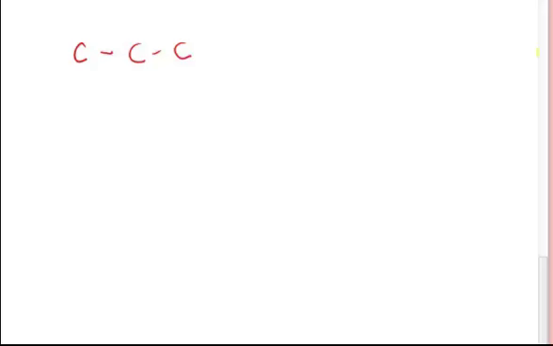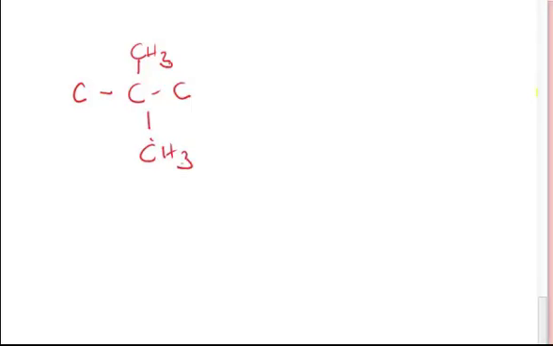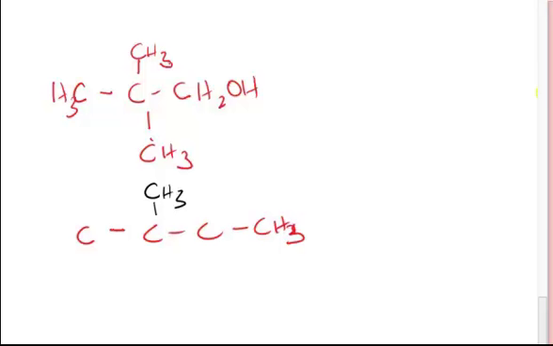Okay, now if we draw 3 carbons in a row, that's a minimum number where we're going to have a side group coming off, a methyl group, so we can do that. And just another one coming off. And then obviously it doesn't matter if we put this OH here or here, effectively it's going to be the same group, and we have a CH3 there, so that's one possible structure. Now there's only one possibility with 3 carbons in a row like that, and so then we're moving on to